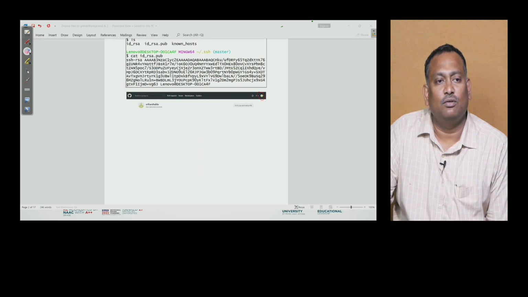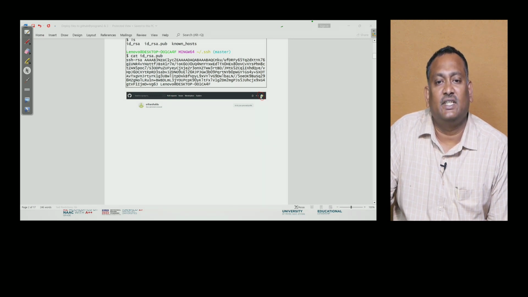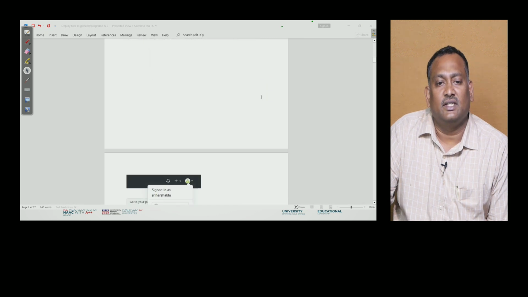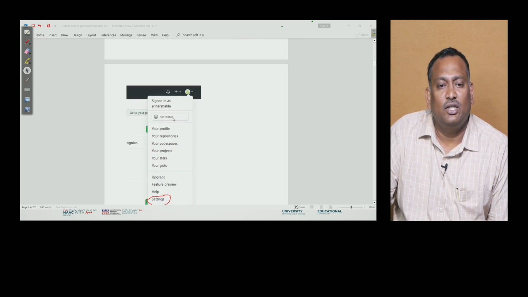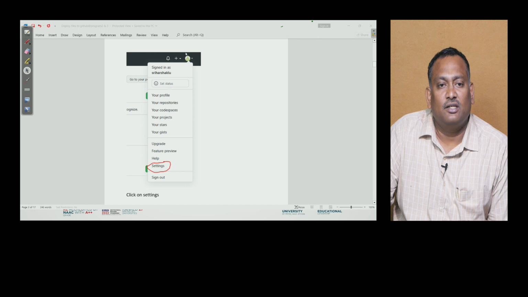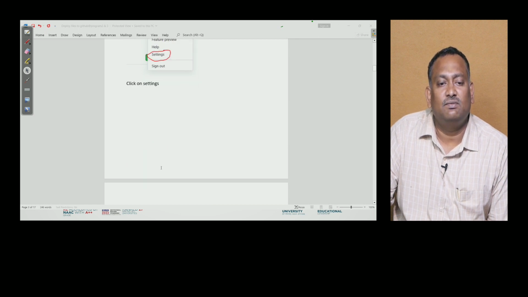In your GitHub account, on the right side, you have the settings option. Click on settings. Once you click on it, click the option with your name, then click on settings. In settings we have